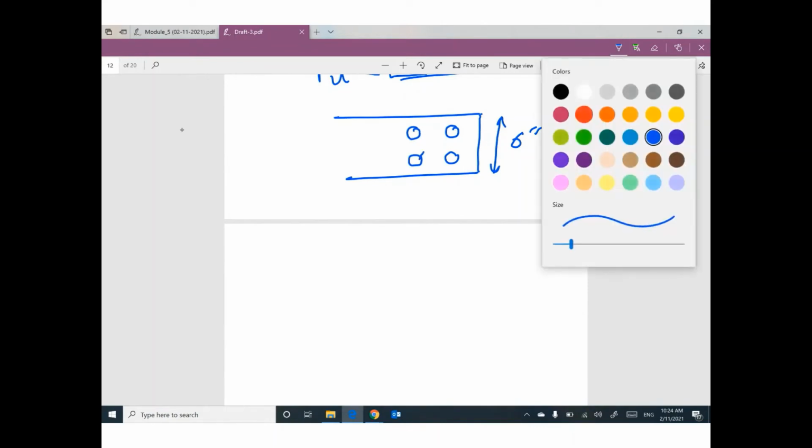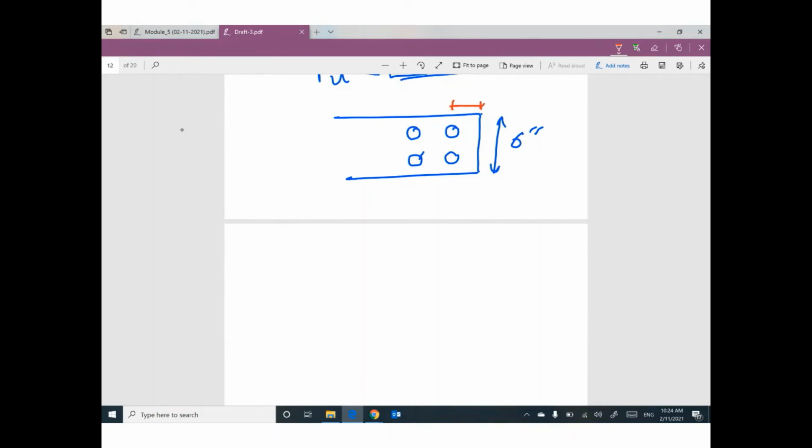Okay, tell me what is the distance here between the center and the edge? What is the spacing between center and center? What is the spacing here? What is the distance to the edge? You have to answer all of these questions. Okay, let's do the minimum spacing, 3 times the bolt diameter. 3 times 3/4 will be 2.25 inch. So this minimum distance is 2.25. You can increase it, it's up to you, but this is the minimum. So this one must be 2.25.